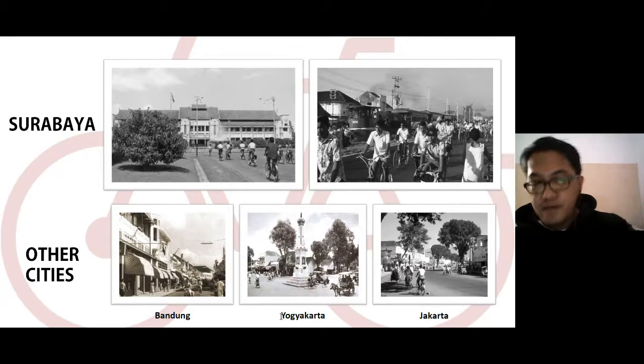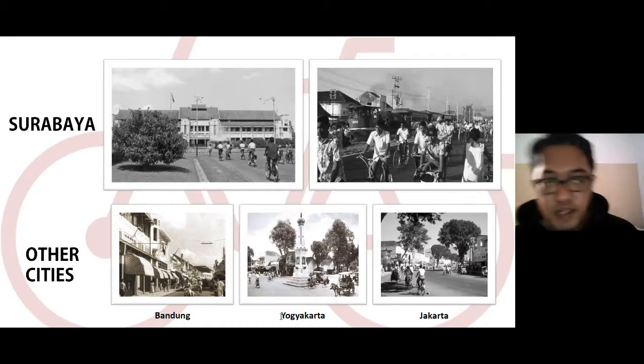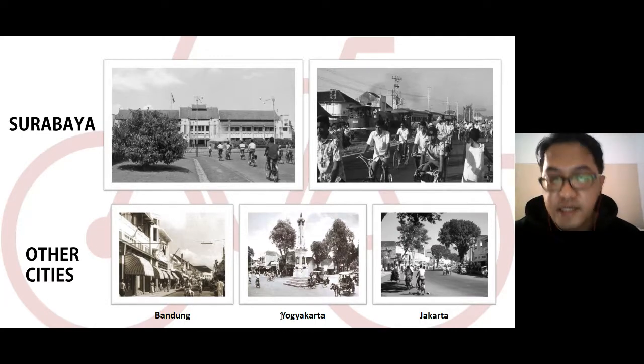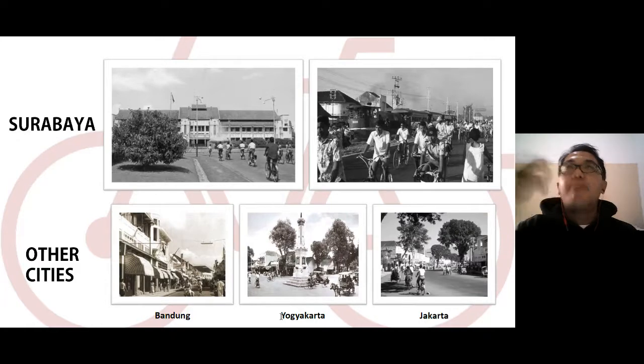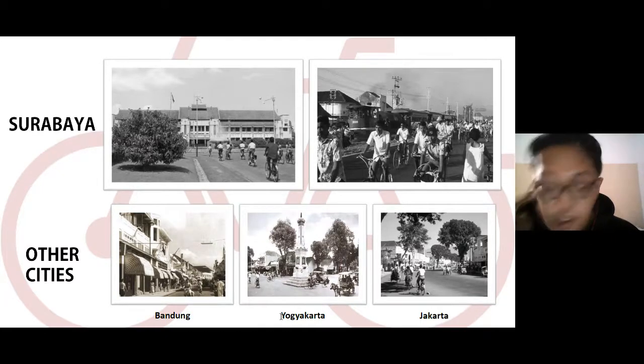Maybe the first one, you can see Surabaya is a big city. We are labeled as the city of heroes historically. In the first slide, you see the neighborhood area. It's really dense because Surabaya basically is kampong, or villages, that became a city, so it's really dense with small roads and hills.